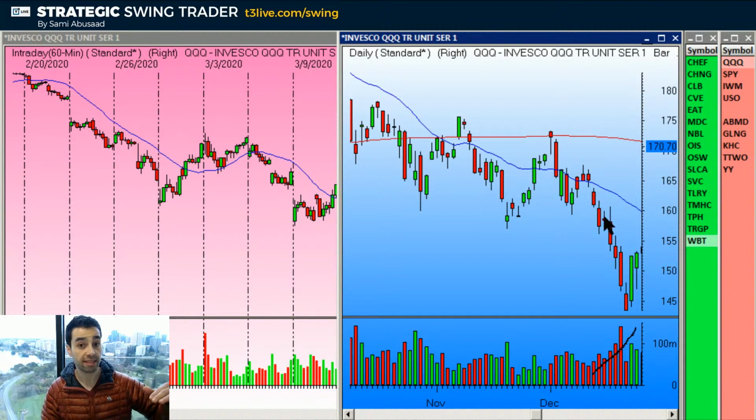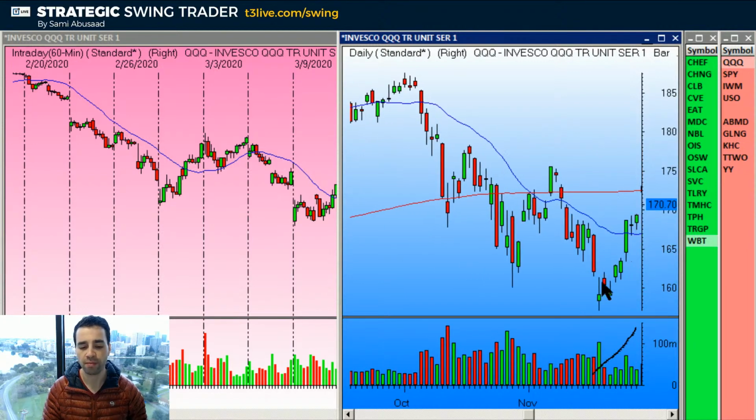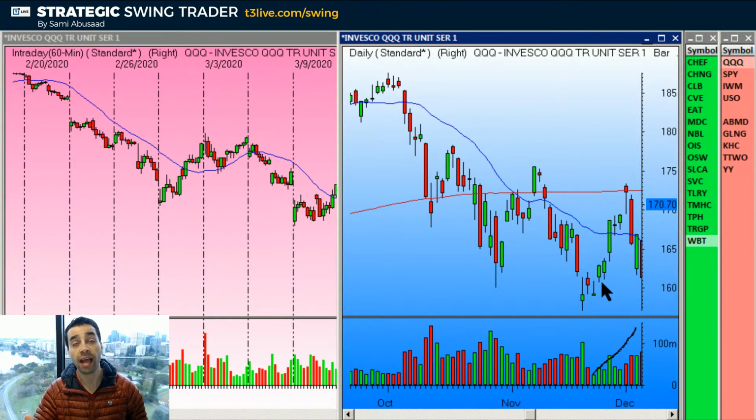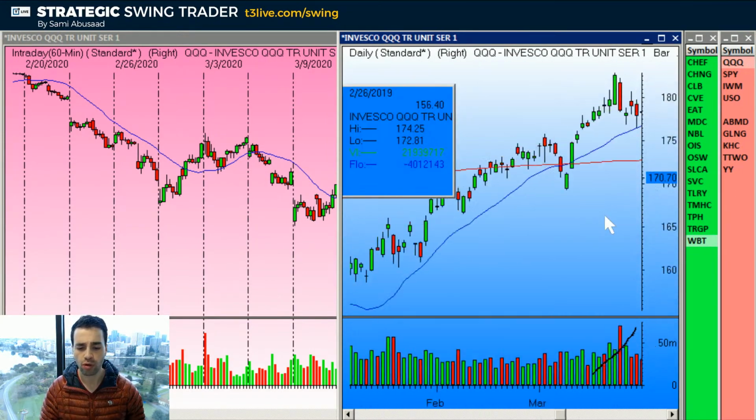So if you get that acceleration, then sure, you want to try to pick the bottom, great. If you get a transition on the hourly chart, you want to pick the bottom, go for it. But without that, don't try to pick the bottom, because you're going to be wrong 9 out of 10 times, 10 out of 10 times, almost. So I try not to. And so here,